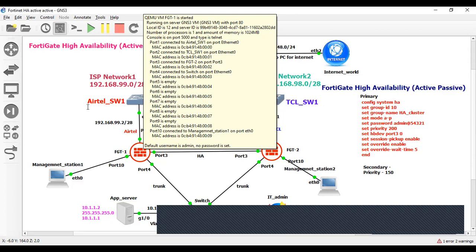Nothing will change. Here you can also check that nothing is happening. All the packets are moving smoothly, right, via the secondary firewall. So let me show you that the firewall is down.